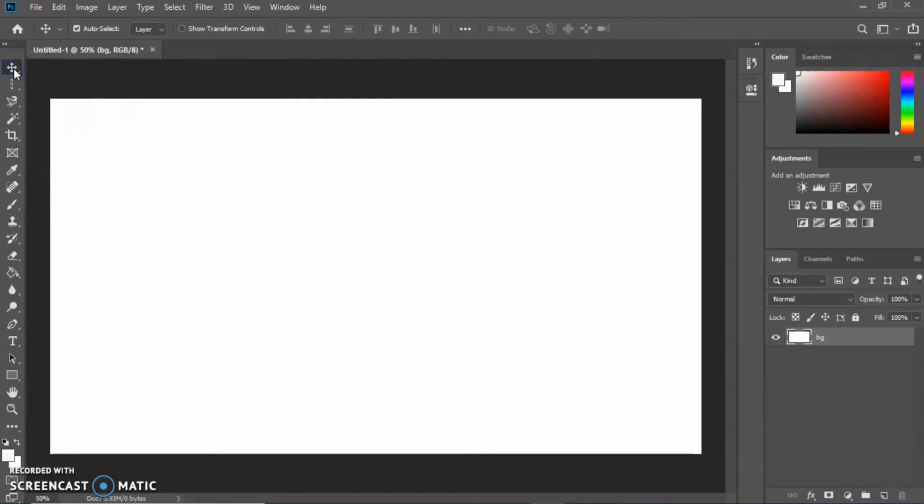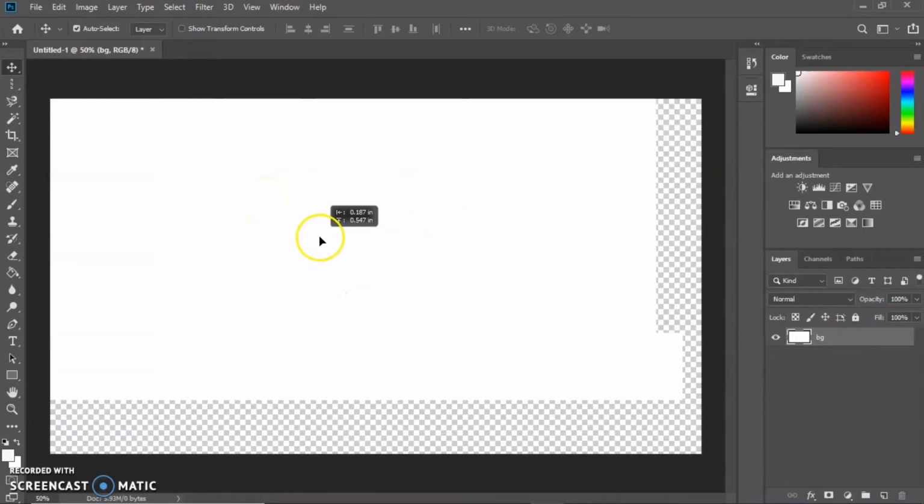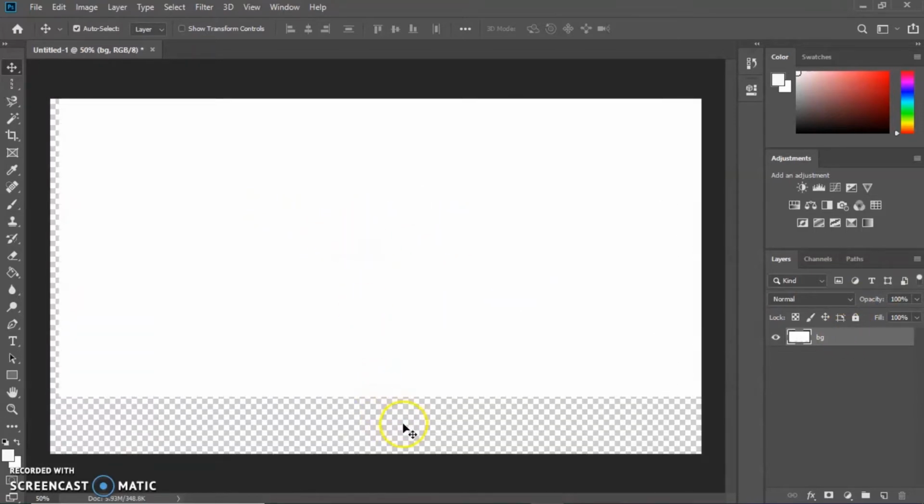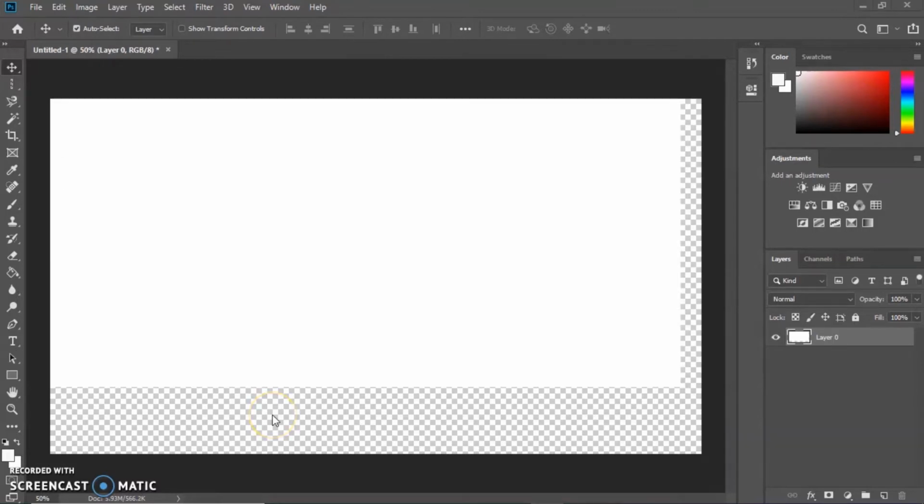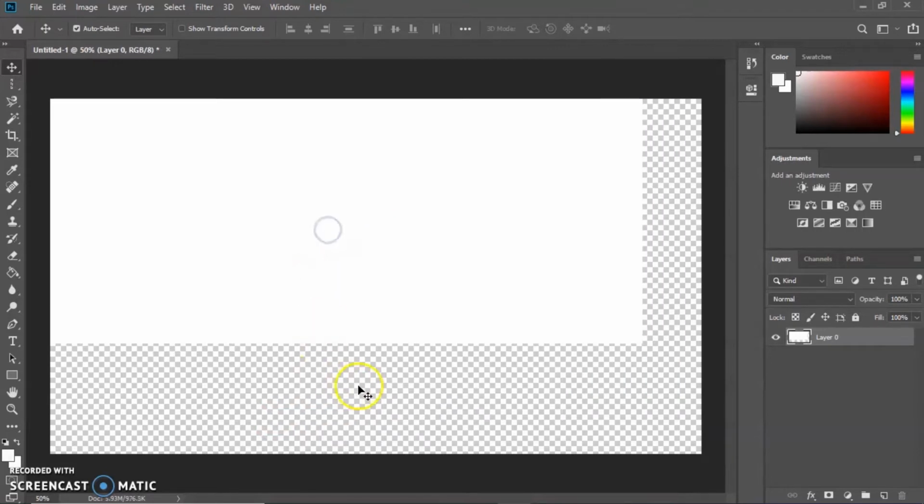The first thing we're going to do is learn the Move tool. The first tool that we are actually offered in this column to the left is this Move tool. So we go to our only layer in this project, and then we select the Move tool, and as you guys can see, we can move the box around. And if you see this sort of checkered background, that means it's transparent. Because if you render out this picture right now, it's going to be transparent, so all you'd see is this box and then nothing else. This background is transparent.